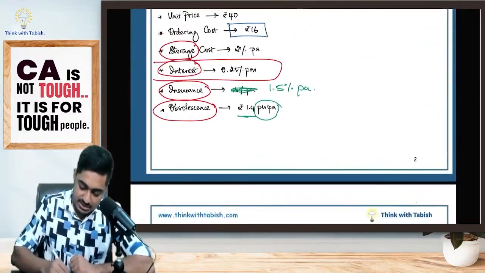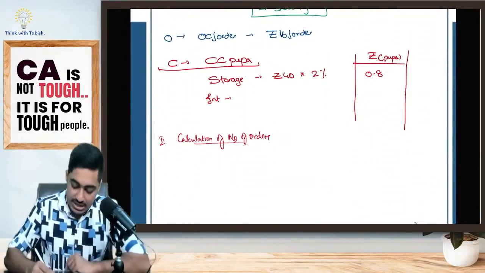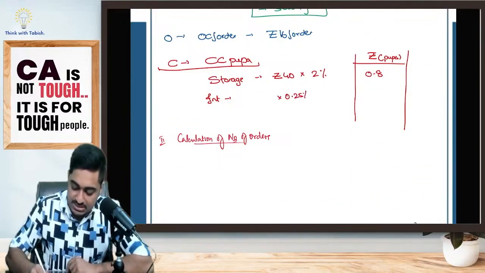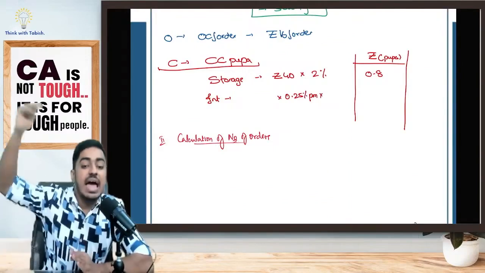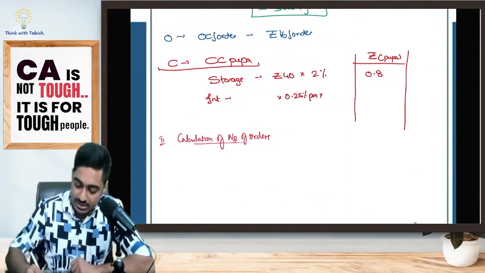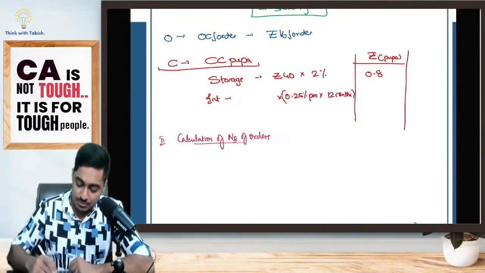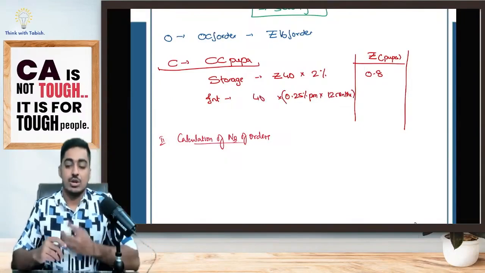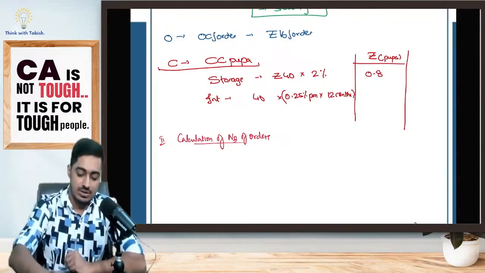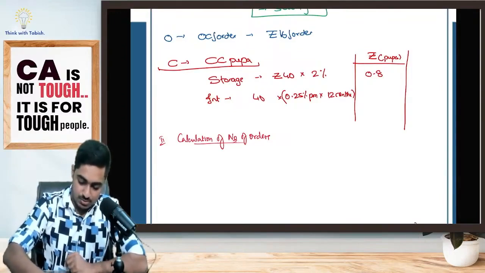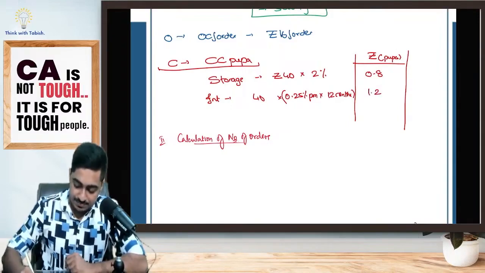Then I have interest, which is 0.25% per month. Pay attention. Interest is 0.25% per month. How do I want it, students? I want it per unit per annum. This is per month. How do I convert it into per annum? Into 12 months. Yes or no? I get the yearly percentage. Of which amount will I put the percentage? Of the purchase price. To purchase 1 unit it is 40. To hold 1 unit, 40 into 0.25% into 12, for 1 year. Is it 1.2, everyone? Great.